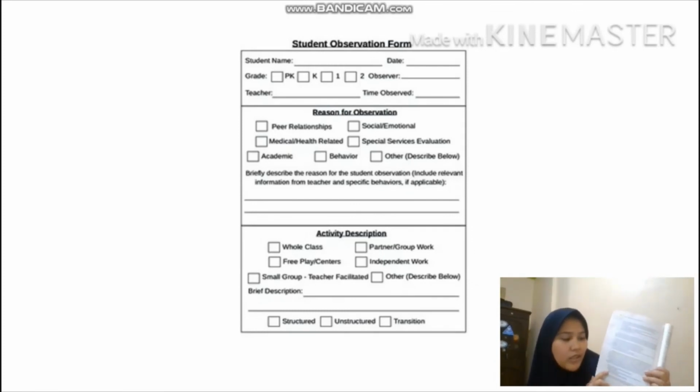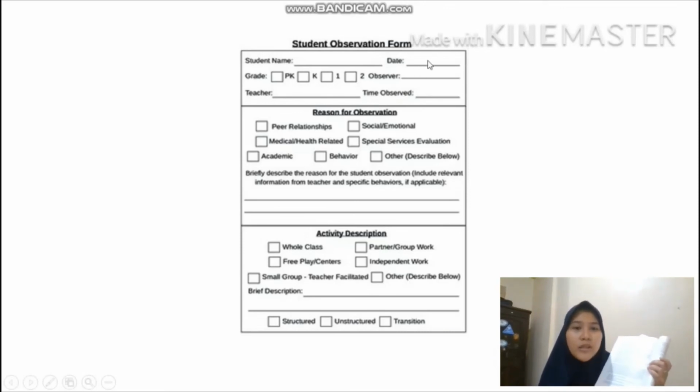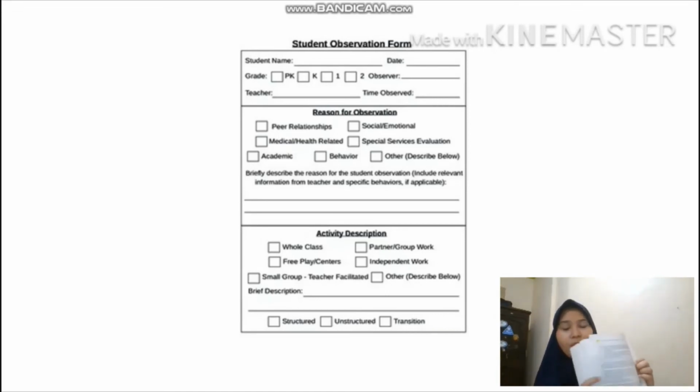Jadi siswanya bisa dalam misalkan contohnya linguistic competence, terus kalian tulis namanya siapa, hari apa, terus grade berapa, observernya, terus activity-nya misalkan linguistic competence di sini atau whole class. Dia tuh aktif dalam kelas. Maksudnya dalam satu waktu kelas itu berlangsung, siswa itu tuh aktif terus gitu. Nah itu nanti kalian bisa